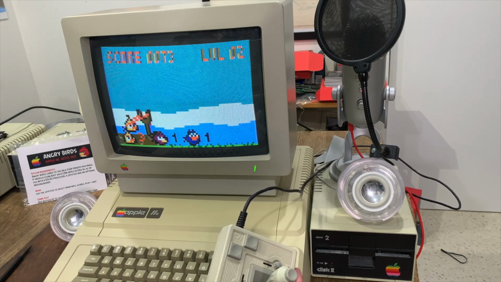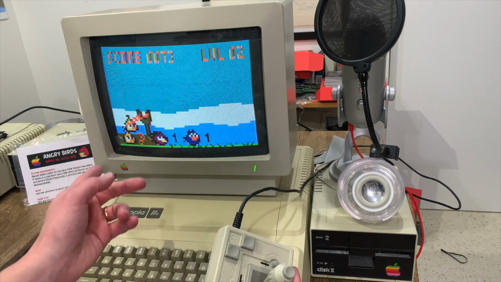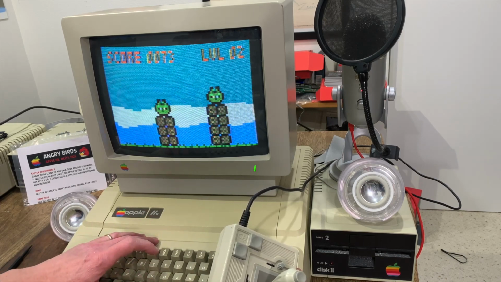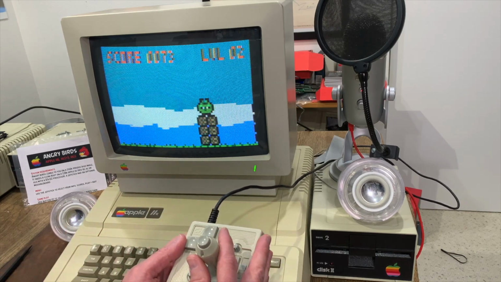There are 25 levels total, and you can actually jump to any level by using different keys or go back to a previous level or replay a certain level. If I hit the T key, I can view the current targets for that level. So let's try and knock down. Whoa, that was way...